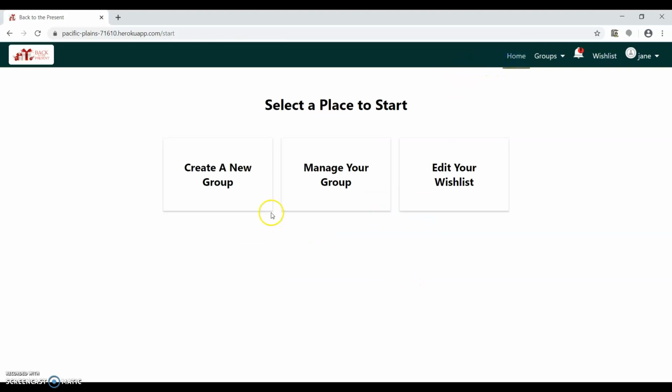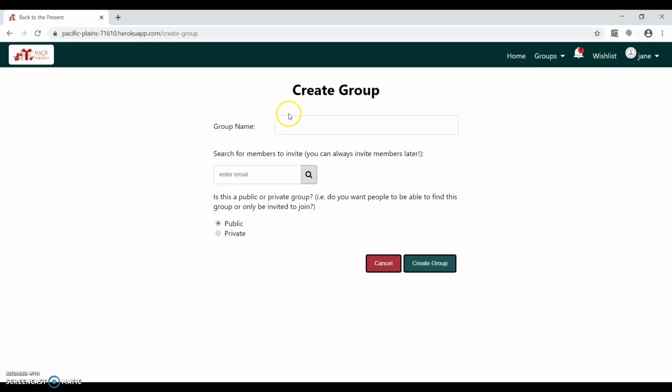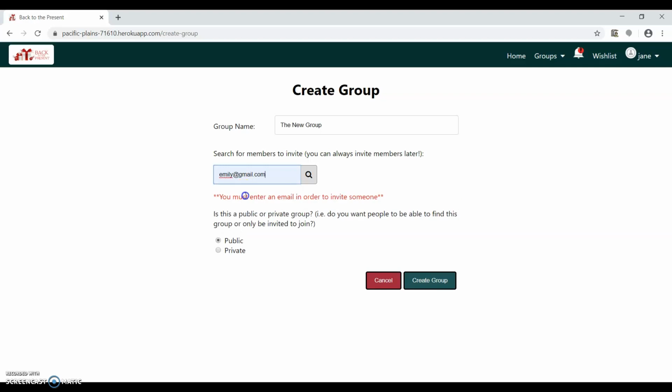Okay, next we're going to look at the Create New Group. You can enter a group name. Let's say the new group. We can search for members to invite. And the person has to be a member, has to have an email address and be signed up to this website. So one person, you can look,